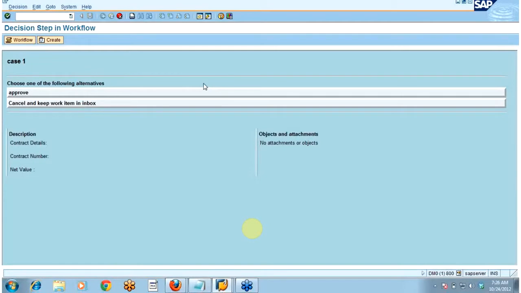First option is you can use the form. Form is module pool programming. In module pool you will be designing the whole screen, and then that screen will be bound with this workflow, and whenever the user clicks on that particular work item, then that screen will appear, and then he can take the corresponding action, and on that action you will have to provide the logic. I will be showing you everything in this form. So if the customer requires, then you have to design this workflow using form.